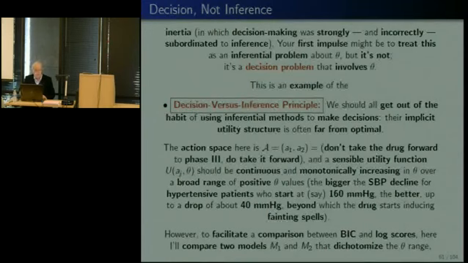And so this brings me to my fourth principle of the four that I think I've shared with you in this section of things. We had the calibration principle, we had the modeling as decision principle, we had the prediction principle, and now we have the decision versus inference principle, which says we should all get out of the habit of using inferential methods to make decisions because their implicit utility structure is often not anywhere near what you ought